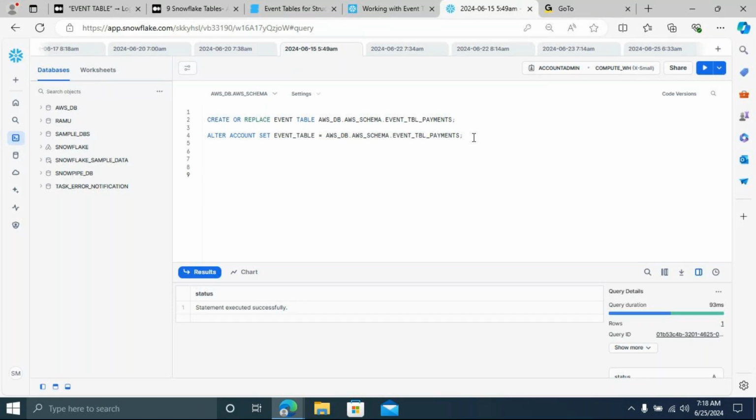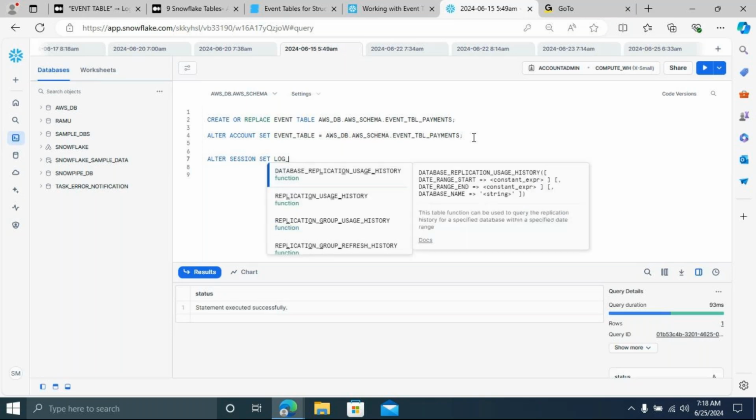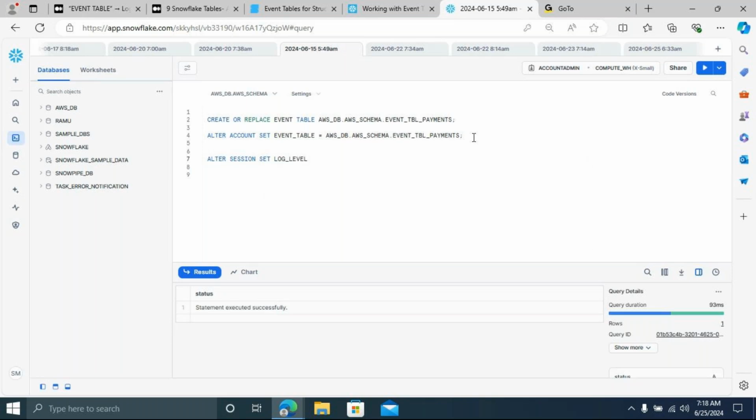Now, just alter the session. Alter session, and this is the command I'm going to use. Now I'm going to set the log level. The log level I'm going to use is info.